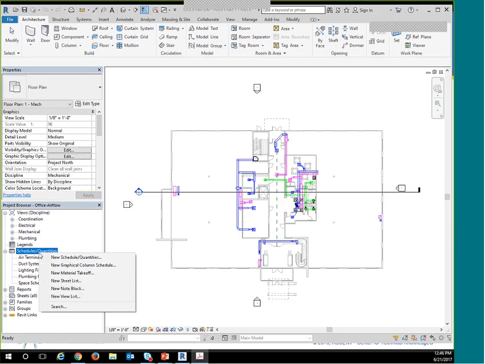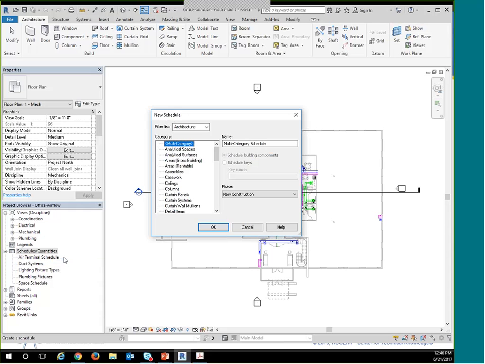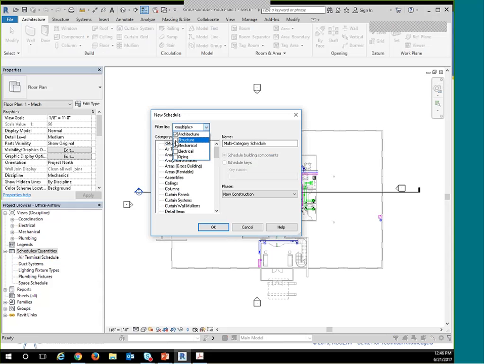So I'm going to right-click on the schedule quantities, new schedule. And again, like I said, everything today is the schedule quantities. And we're going to change our filter list to mechanical, get rid of architecture. And we want to use spaces. So our main item here is going to be spaces, but we're also going to add in our air terminals